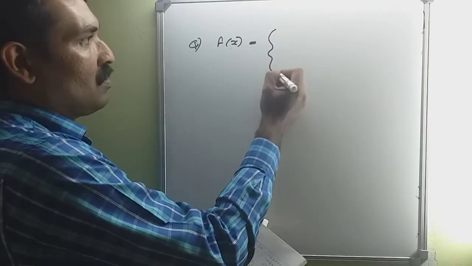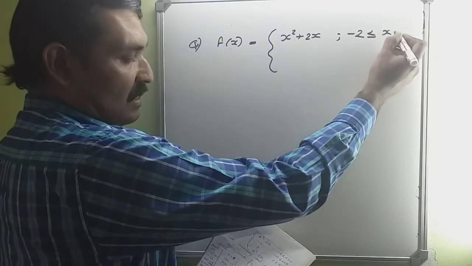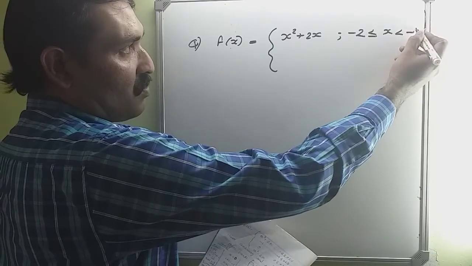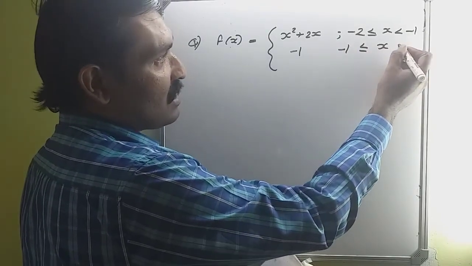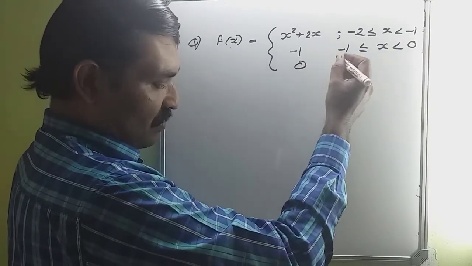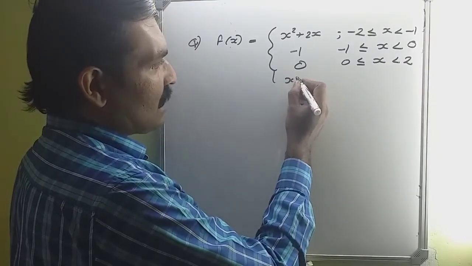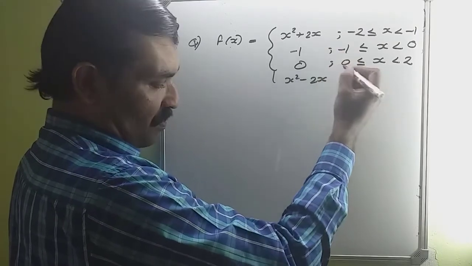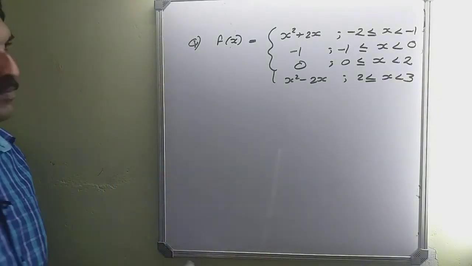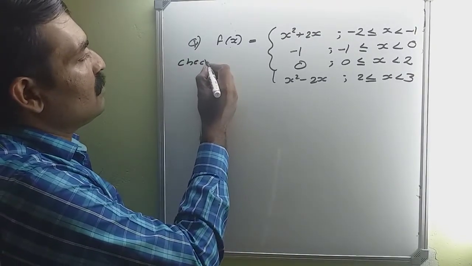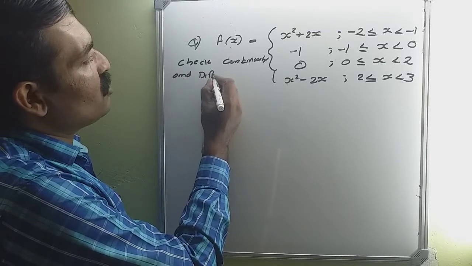f(x) is equal to x square plus 2x for minus 2 less than or equal to x less than minus 1, is equal to minus 1 for minus 1 less than or equal to x less than 0, is equal to 0 for 0 less than or equal to x less than 2, is equal to x square minus 2x for 2 less than or equal to x less than 3. Check continuity and differentiability